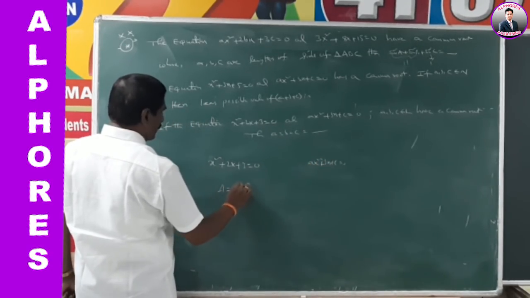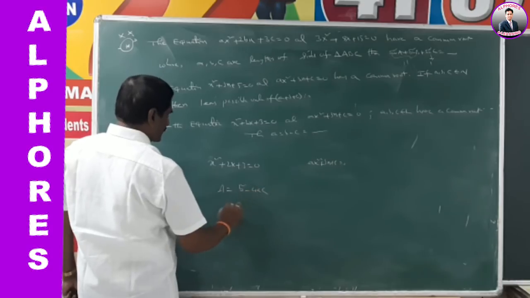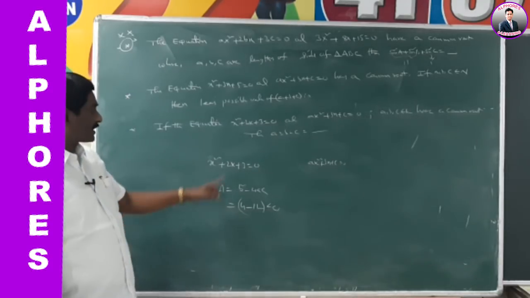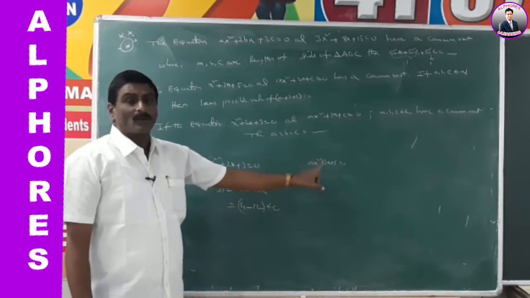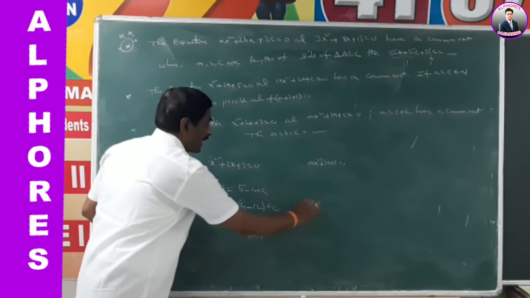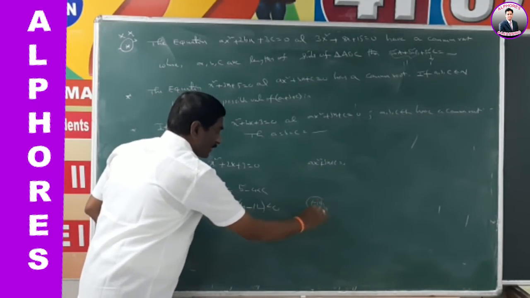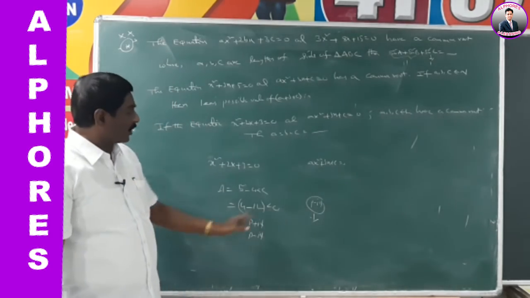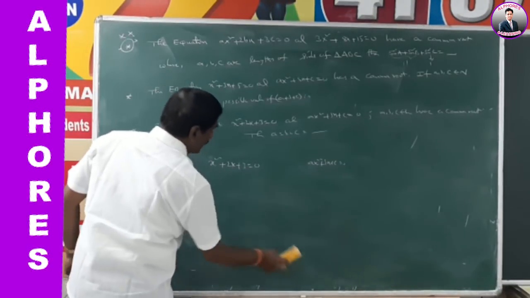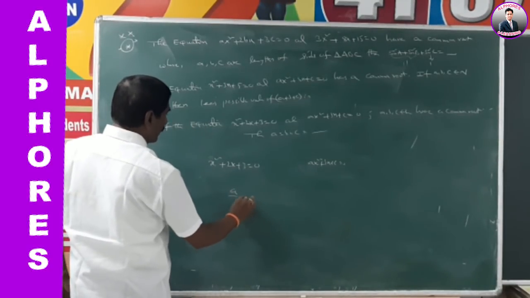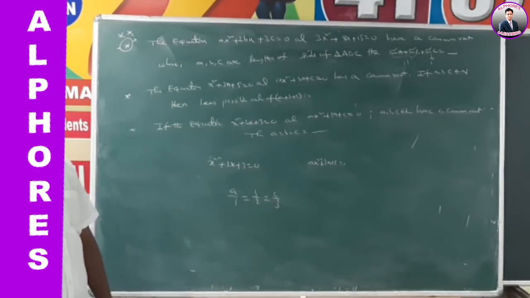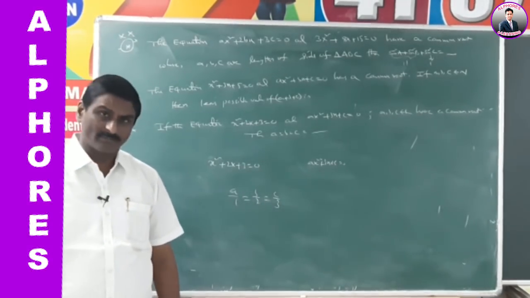Here delta is equal to b square minus 4ac, that means 4 minus 12, negative. Delta less than 0 means roots are imaginary. So imaginary roots p plus iq, p minus iq. Let the common root be p minus iq. Then the other root must be p plus iq. So both roots are in common. Again a1 by a2 is equal to b1 by b2 is equal to c1 by c2. That means a by 1 is equal to b by 2 is equal to c by 3. Therefore a is to b is to c is equal to 1 is to 2 is to 3.